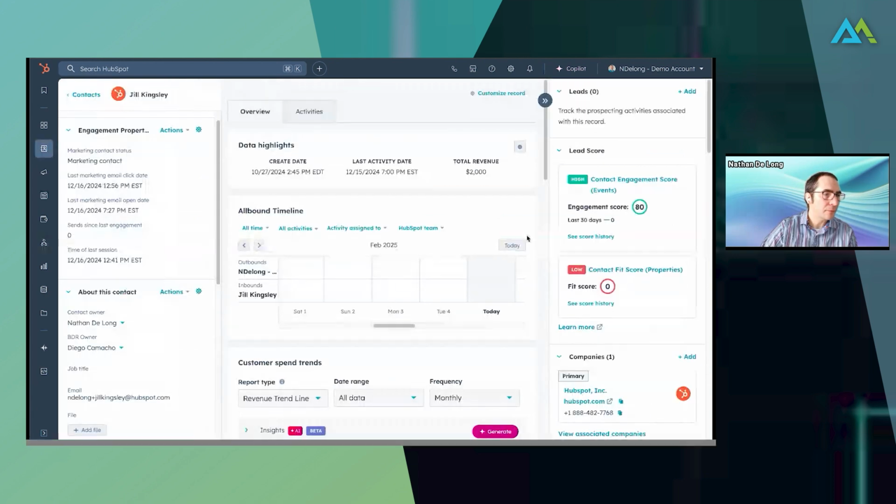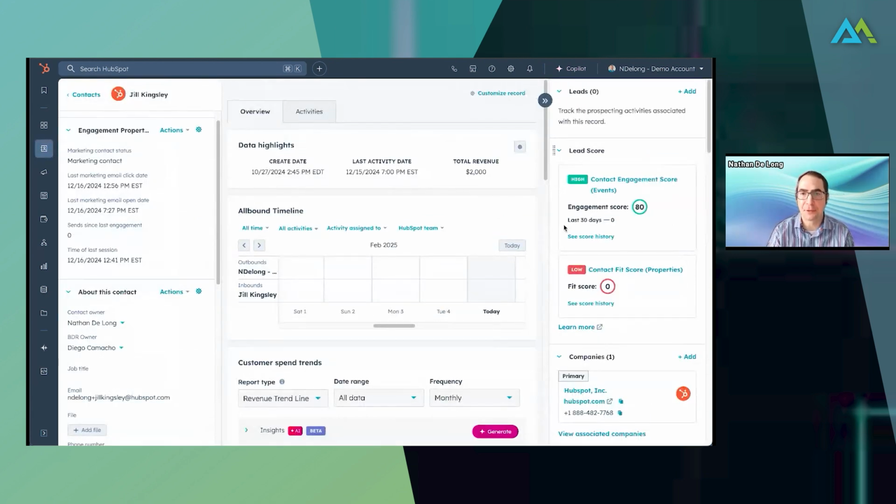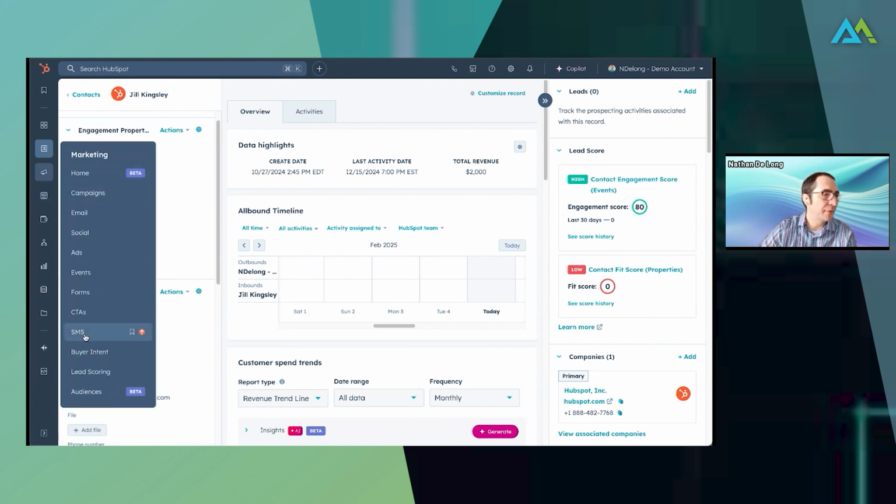So again, on Jill's contact record here, I can see that we've got all of our building blocks so that we can achieve this goal of essentially getting leads to BDRs when someone hits a specific score. Because I have my BDR owner, I've already updated my settings so that HubSpot doesn't try to give it to the sales rep, right? I have my engagement score here. And then if we look at the lead scores settings,